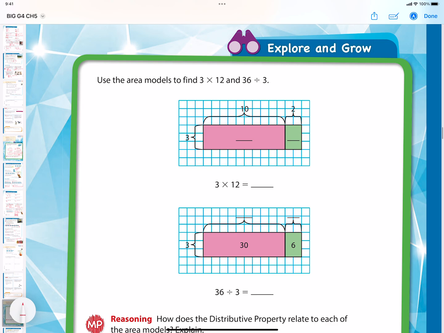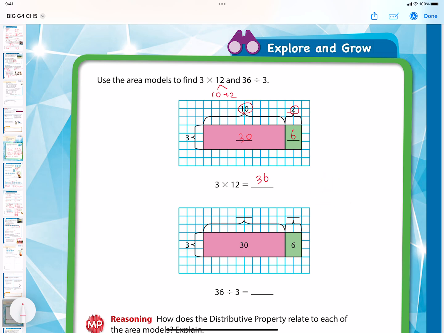And remember, guys, division is always the inverse operation of multiplication. All right? And we can use this division fact to find out the quotient for the division problem. So look at this, guys. This is familiar. We break this number apart into 10 plus 2, and here 10 and 2, right? And 3 times 10 is 30, and 3 times 2 is 6. We know this so easily. We are good at area model, right? So we are going to use this fact